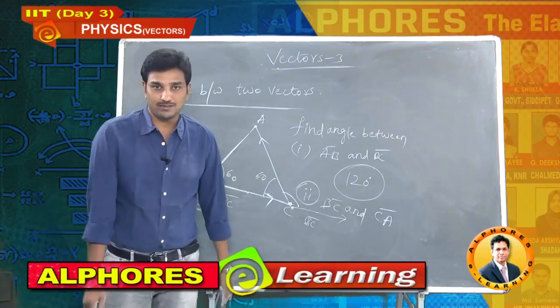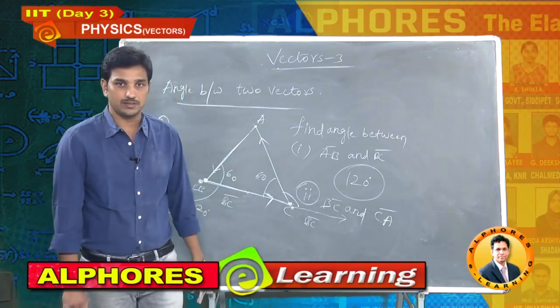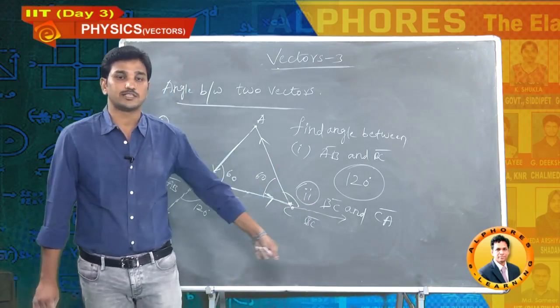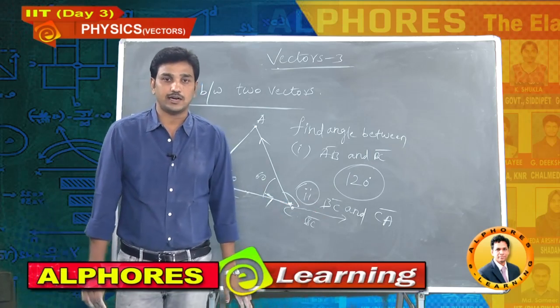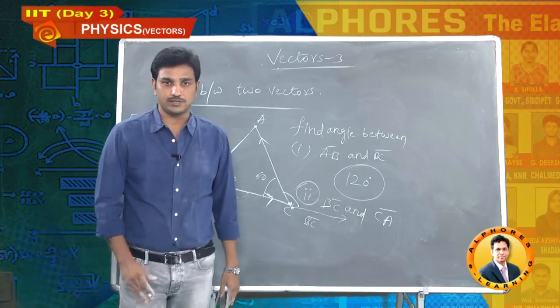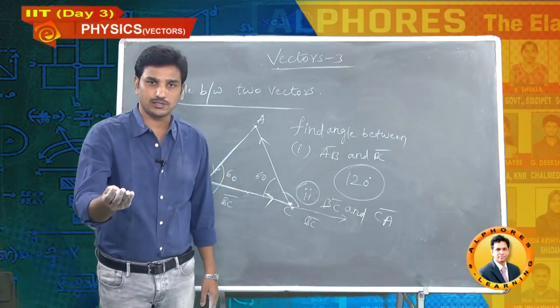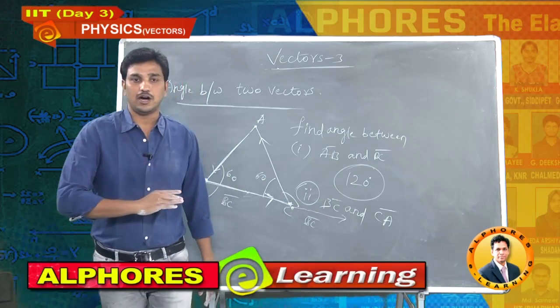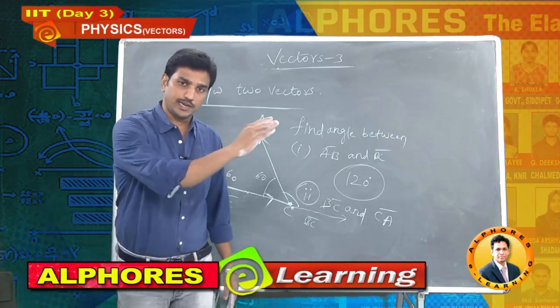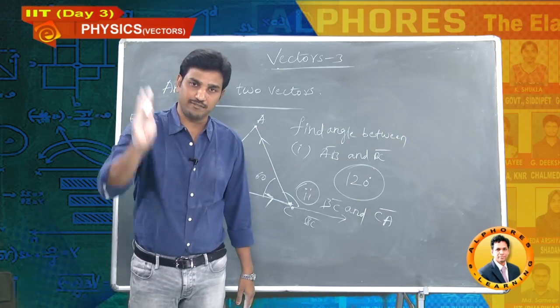What we discussed today: a continuation of yesterday's concept, resolution of a vector. What is the resolution of a vector? A vector in 2D has two components. We resolved it into two components. The angle theta touching side is cos, the other side is sine. Always the vector should be between the two components. Vector going away, component should also go away.